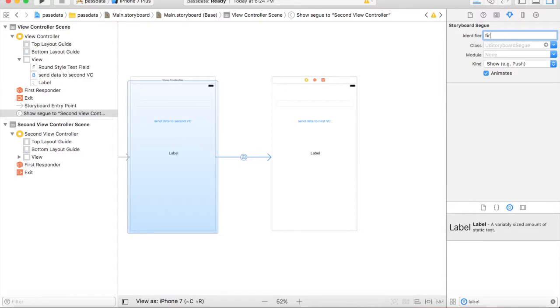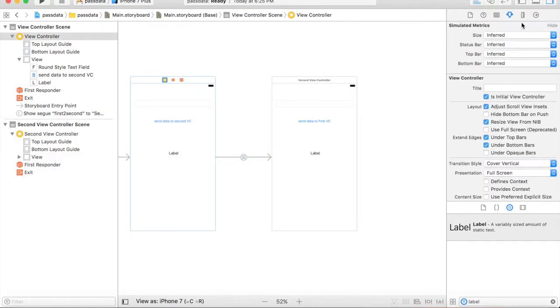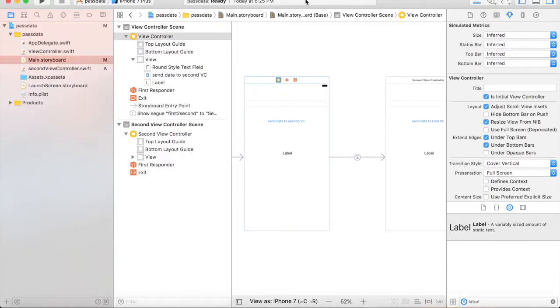So first, and press enter, and there you go. Now we have just named this particular segue as first to second. So the identifier for this particular segue is first to second. Got it? Fine. Now let me just tap on this left pane so that I could see all the files,